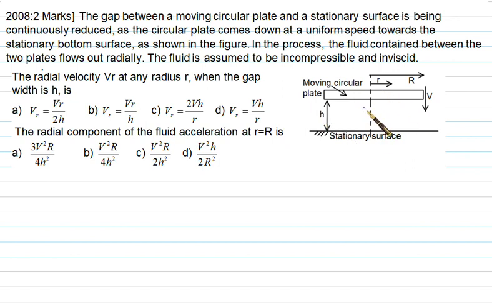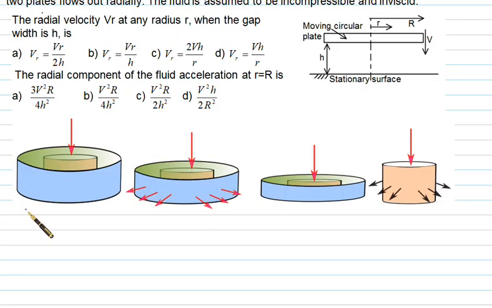So I have developed here a number of stages when the plate is moving in a downward direction. Consider this one is the top plate, and the top plate is the moving plate here. The bottom plate is the fixed plate. The radius is R and the top plate is moving in a vertically downward direction. We have a small circular disc here of radius equal to lowercase r and we are interested in this only. We are interested in calculating the radial acceleration and velocity Vr.